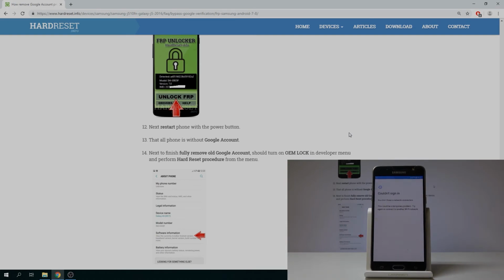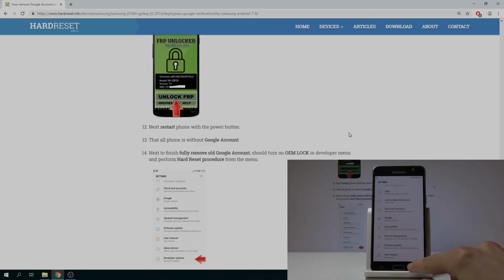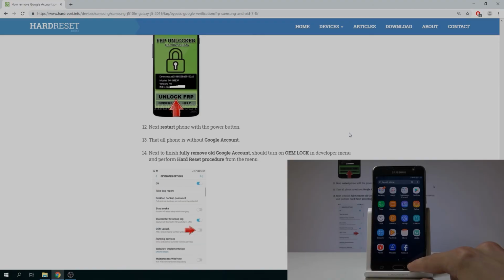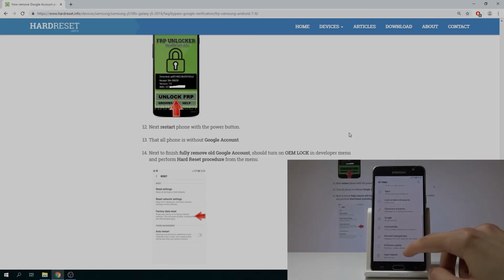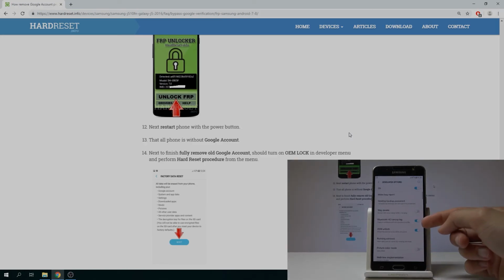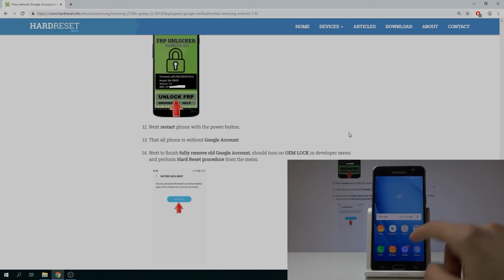Set a Google one, and okay, so I guess that's it. We basically enable the OEM as we did in the developer options right here, and then can do a hard